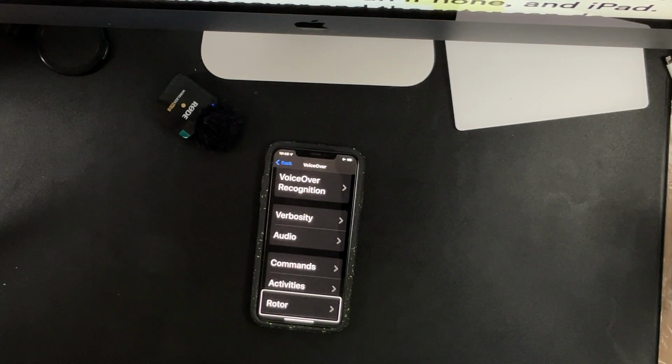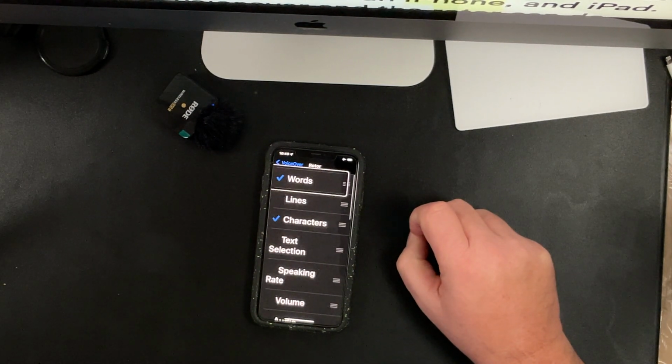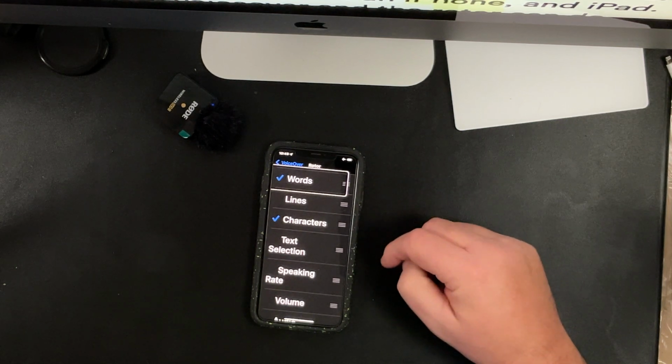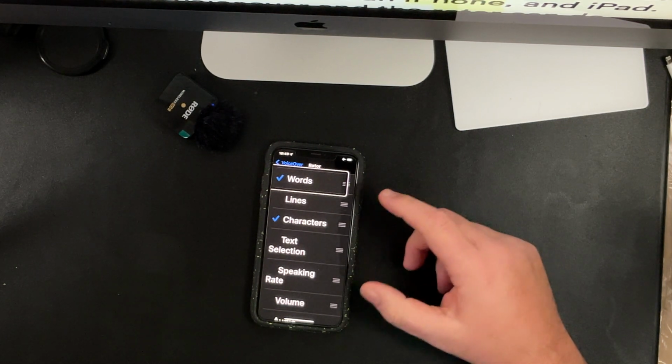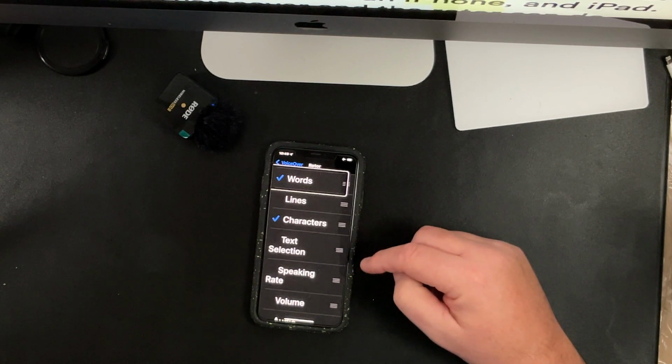Again, VoiceOver has announced the Rotor folder is selected. So to activate that, we're going to one finger double tap on the screen. Selected. Actions available. And this opens the menu to all the different apps that we can put into the Rotor. So when we access the Rotor via one of the methods we talked about earlier, we can run through